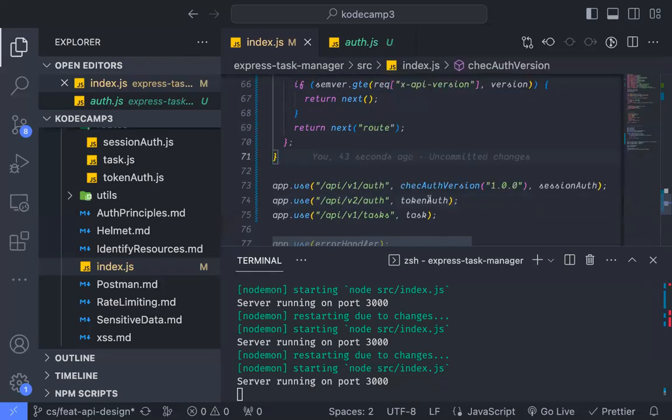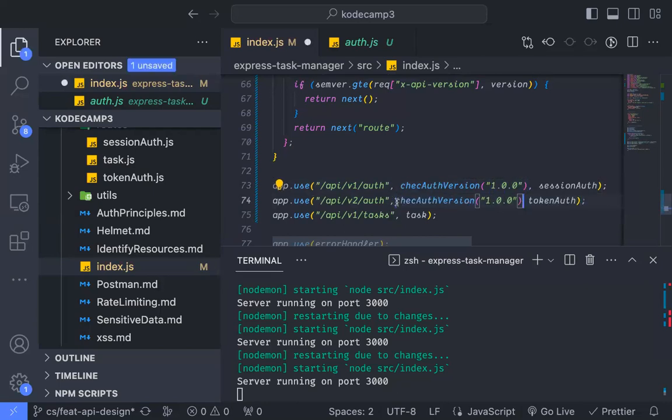That matches, the token out has a post request with a username and then a password. So it will check, is it the same thing as this, but uses version 2? Okay, let's pass execution to this one. So it can handle it because this version is not the correct version. And then we copy this check out version